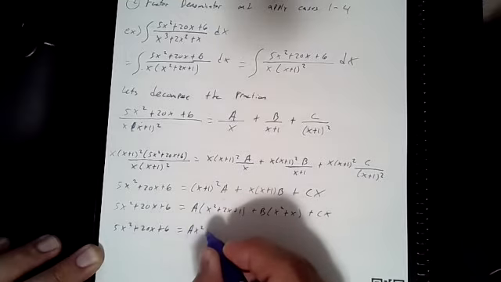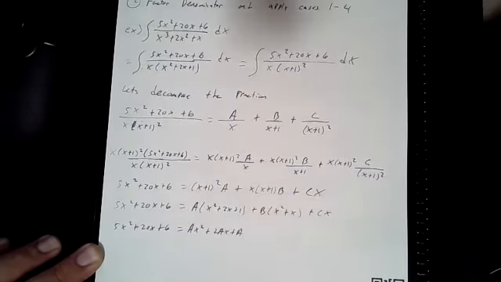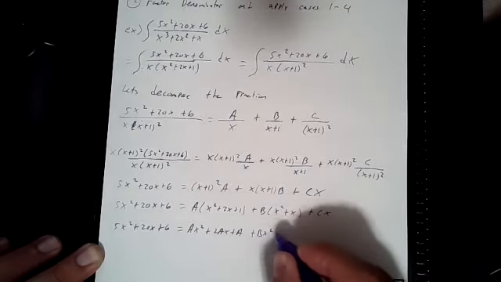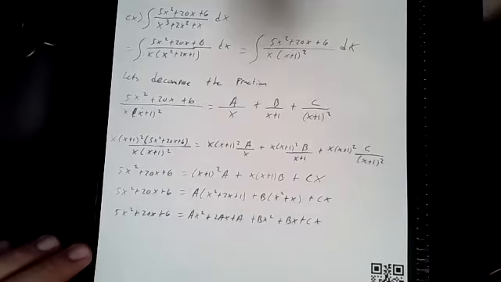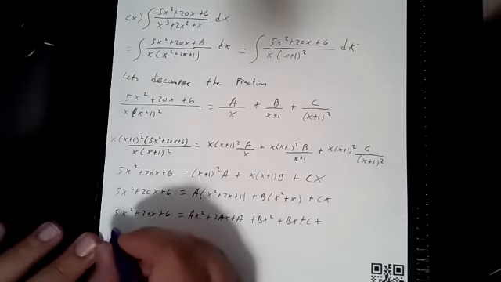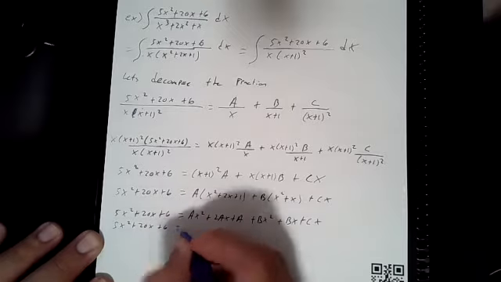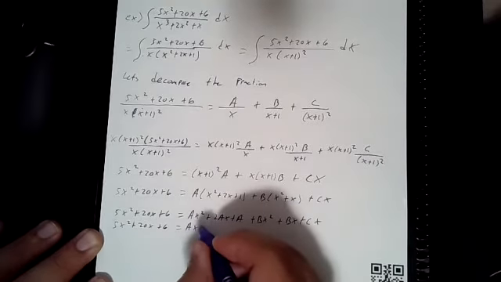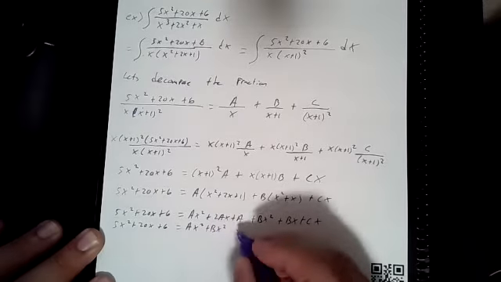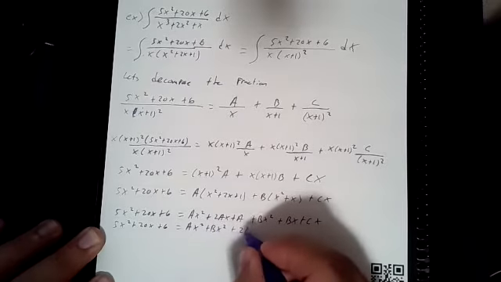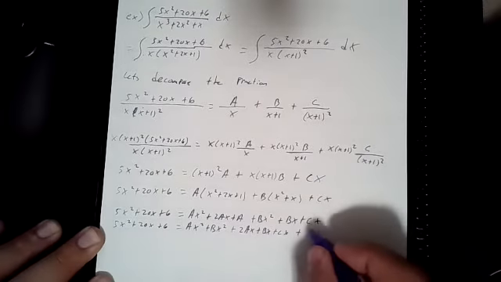That would be ax squared plus 2ax plus a plus bx squared plus bx plus cx. So then group everything together that has the same power, the like terms. Ax squared plus bx squared go together. 2ax plus bx plus cx go together. And we have one constant